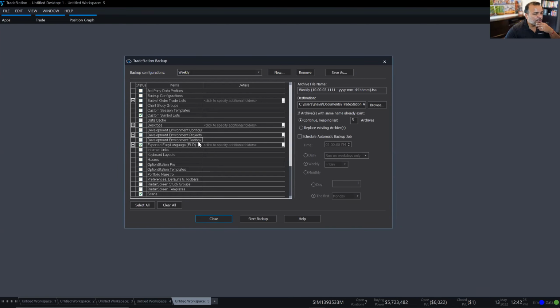Configurations, projects, and toolbox. This only applies if you are a hardcore EasyLanguage programmer and you've created a development environment, configurations, projects, and toolbox. If you haven't, no reason to be concerned about checking these three. Exported EasyLanguage. Now this is cool because when you export your EasyLanguage, it goes into a specific default